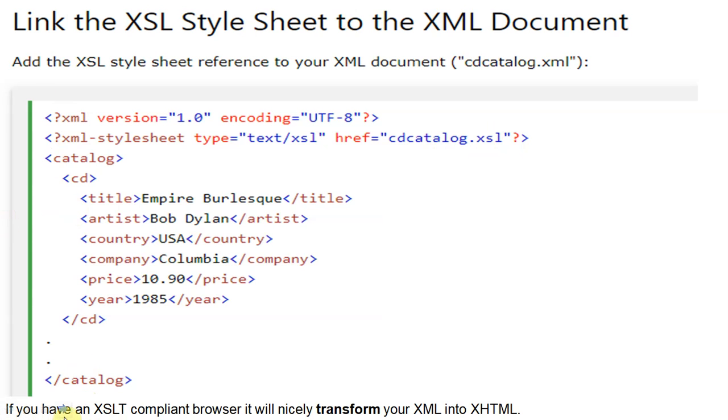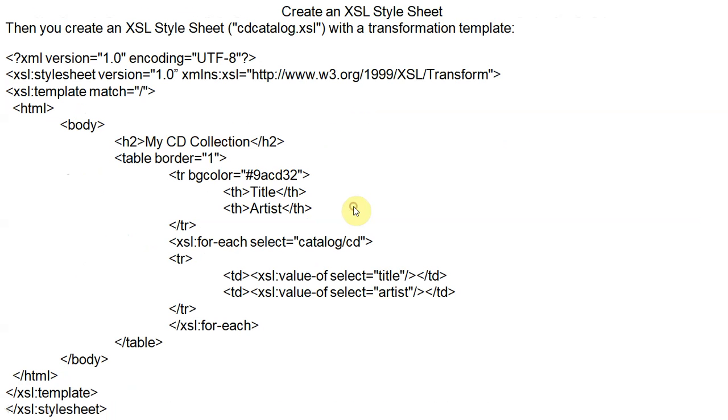So if you have an XSLT compliant browser, it will nicely transform XML into XHTML. So we require an XSLT compliant browser. All the advanced browsers are XHTML compliant browsers. So now see the XSL sheet.